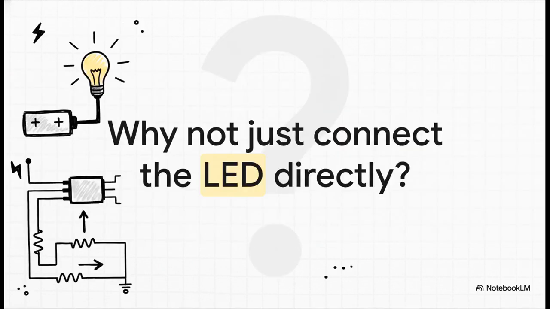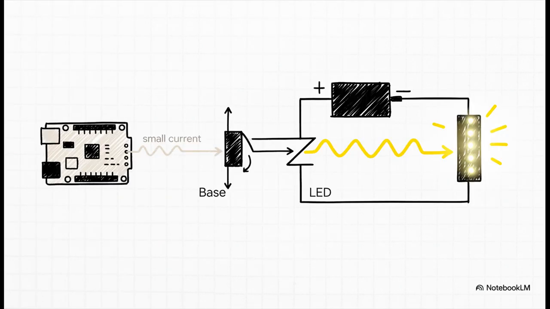Okay, but I know what you might be thinking. This seems like a lot of trouble just to turn on a little LED, right? Why not just hook it straight up to the battery? Ah, and this is the real magic of the transistor. You use a tiny, tiny current at the base to control a much, much larger current flowing through the main